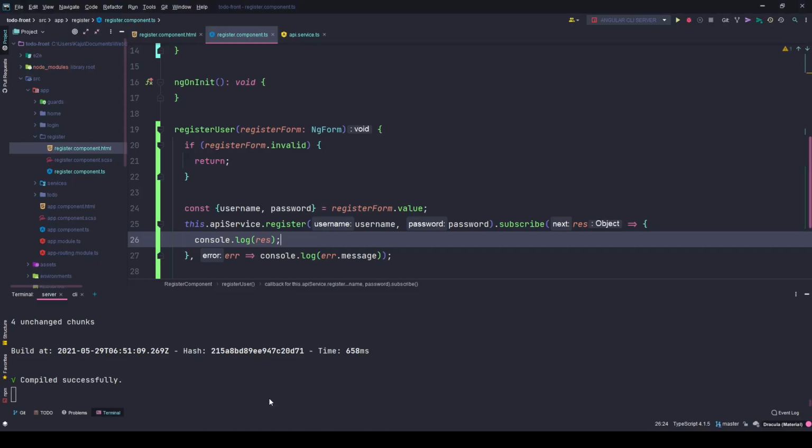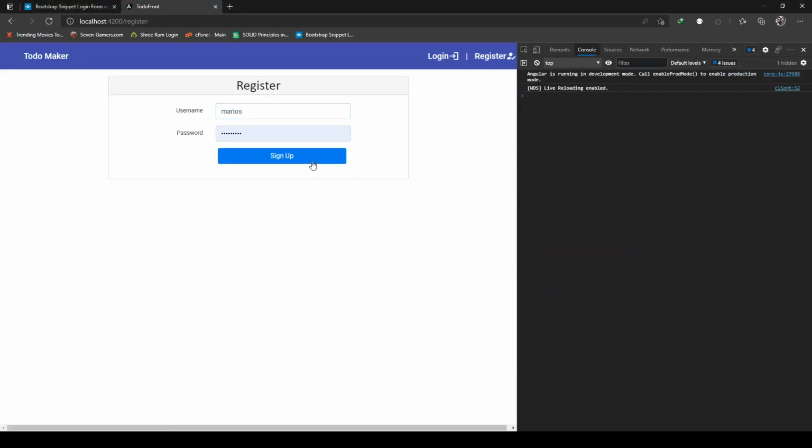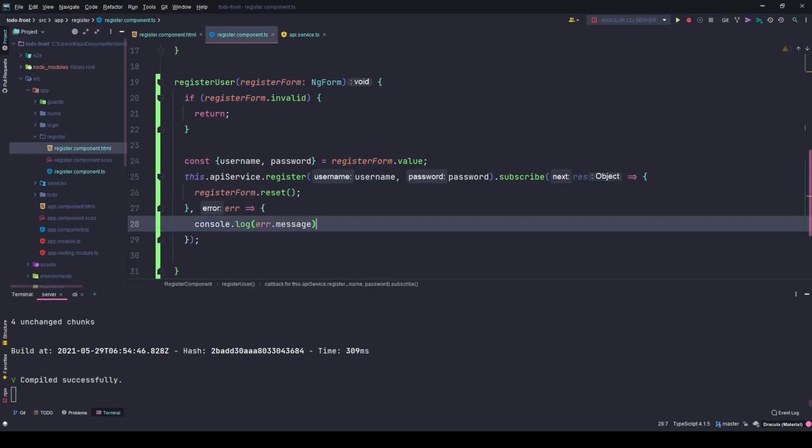The only thing left here is to clear the form. So this.registerForm.reset. That's it. Save the changes. Now hit Mario's sign up,